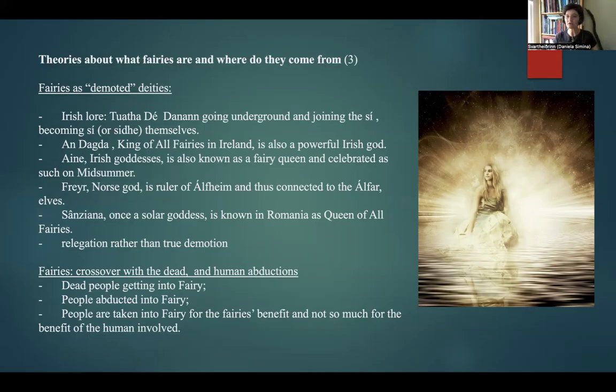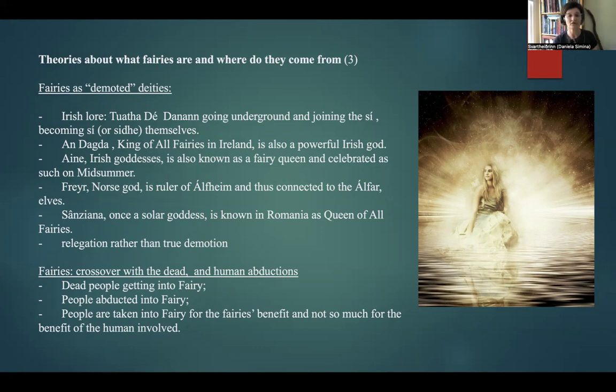There are consequences for people living in the land. So this is anything but disempowering. They had to be acknowledged, they had to be offered to, they had to be treated with respect. And Sânziana, there is a big overlap here between the attributes of Sânziana, Romanian goddess, and Áine, the Irish goddess. Sânziana also was once a solar goddess associated with this benevolent sun and benevolent warmth that makes crops mature and grow.